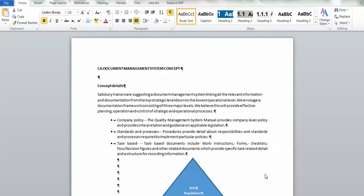This clip is to introduce a proposed document management system dreamt up by the Salisbury trainers. What we're suggesting is that rather than having documents just saved in the Z drive at the moment with no particular nomenclature, we thought we might try to introduce something that was a little more structured and something that linked all the relevant information and documentation from the very top to the very bottom in a way that we could